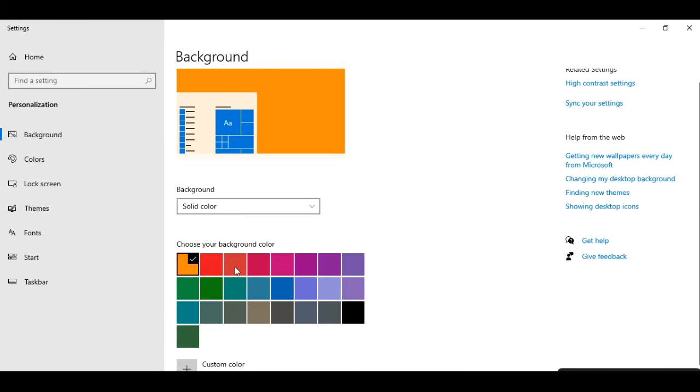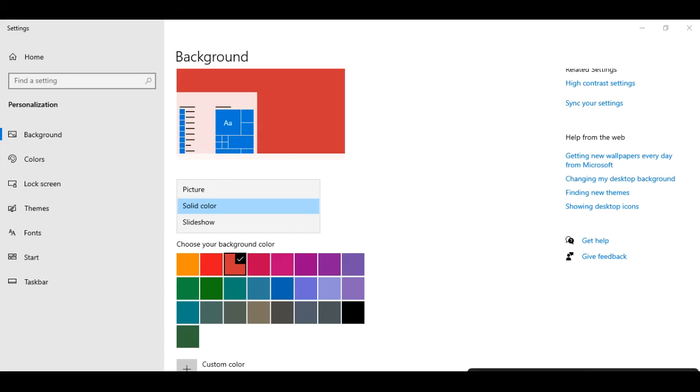Then again we will go back to the settings and see another option. If you don't like any of the colors here, you can go to Custom color below. You can select from there, and whatever color you like, you can make it yourself. You can click here on the plus button and then choose which color you like, that you can do yourself.